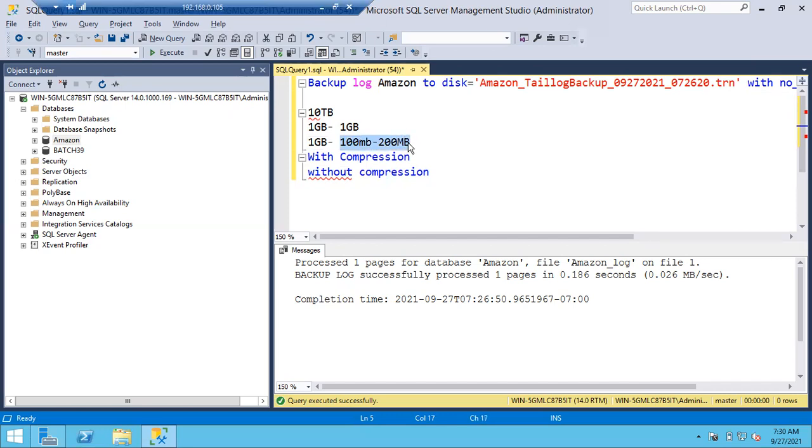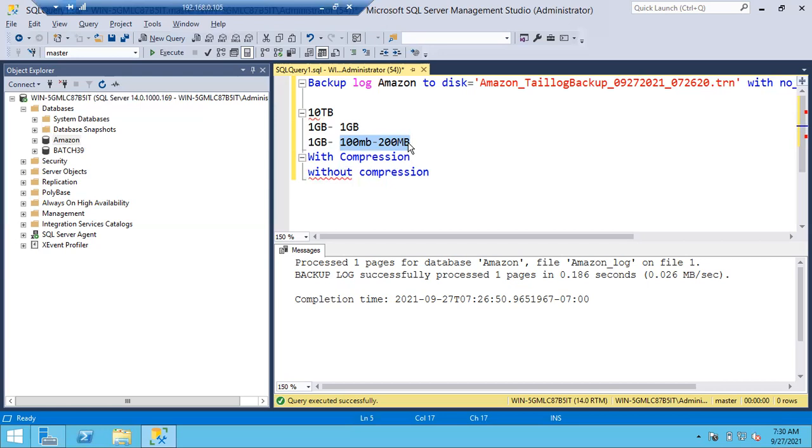How much are you saving? 80 to 90% of the storage, which means 80 to 90% of the money, and 80 to 90% of the time.